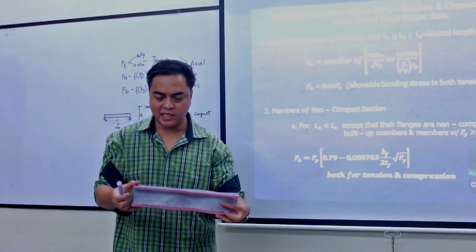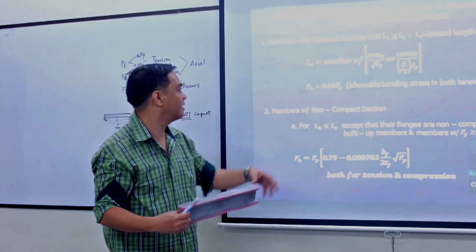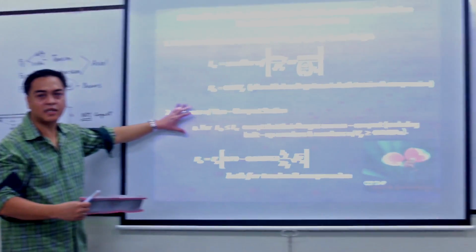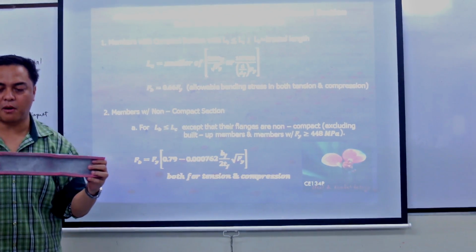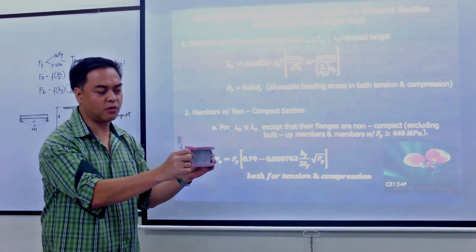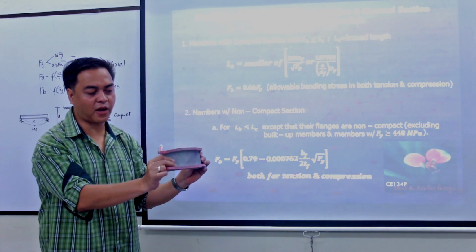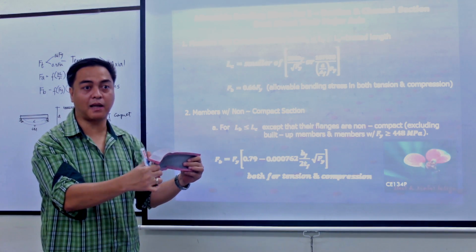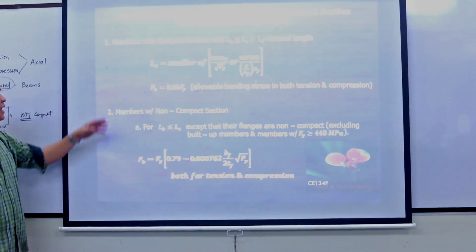So what would be the capacity of this beam considering bending about its major axis? These are the equations. Right? These equations exclude whenever we have bending about its minor axis. Y-axis, minor axis. So this will be the direction of bending. So we have a different set of equations for bending about its minor axis. Okay? So for major axis, we have